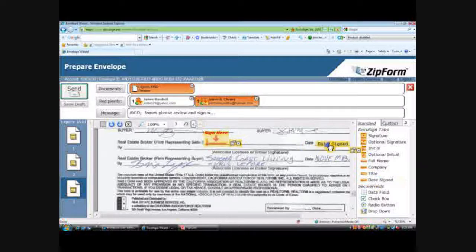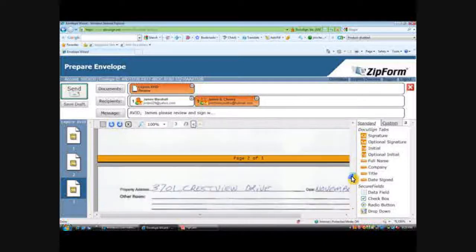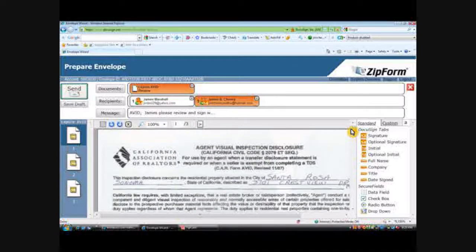I'm going to have it dated. Now I'm not signing it right now. I'm merely setting this document up for signing, and that's the last page of 3 pages. We're done. Now I'm going to click send,